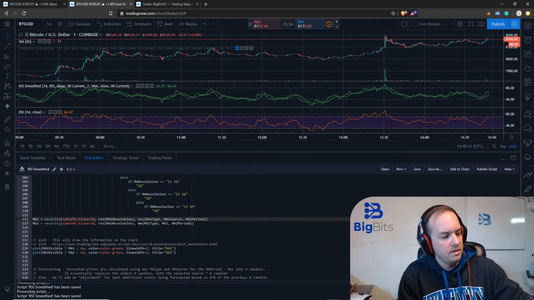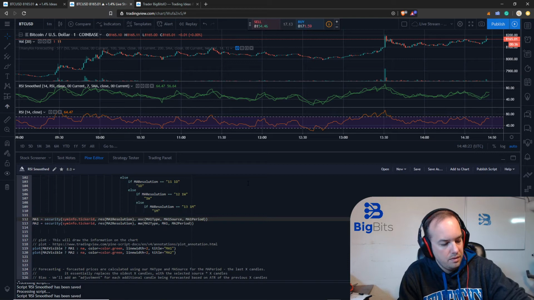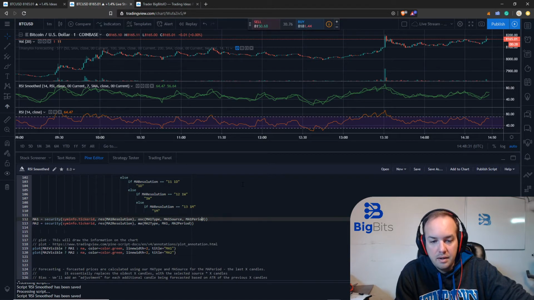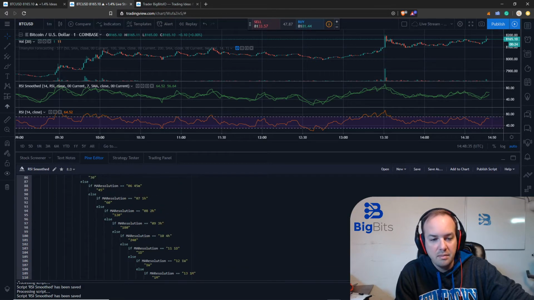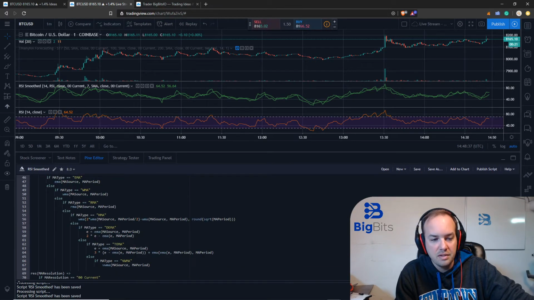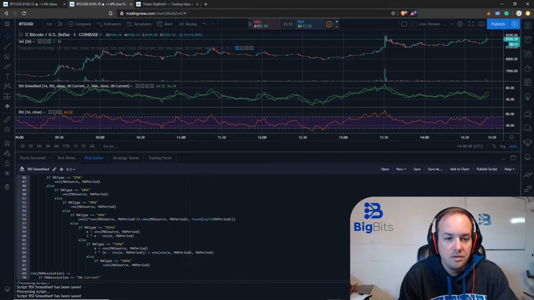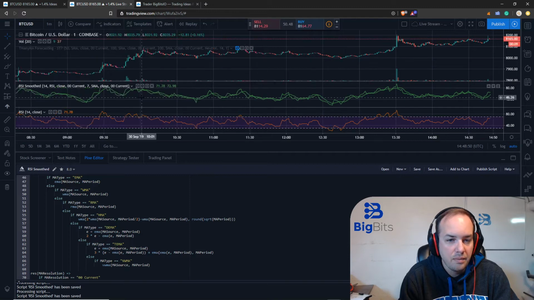Yeah, the source list is just like a predefined enumeration from the land of C sharp where I come from. But there was also the chance that those were the only options that the built-in moving average functions expected. But since it was more like an enumeration, then we were able to pass in any sort of decimal value here. So you can see now when this line gets smoothed out